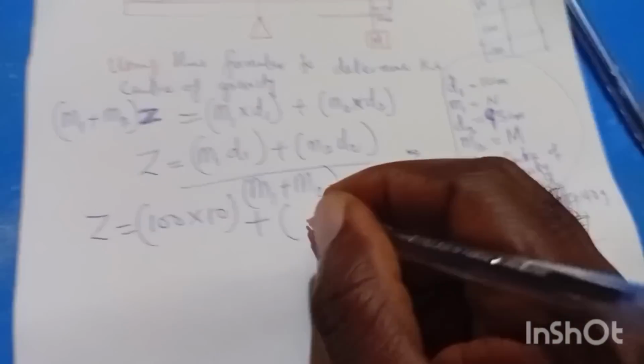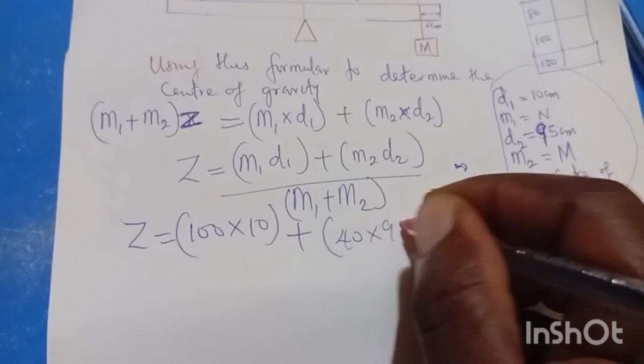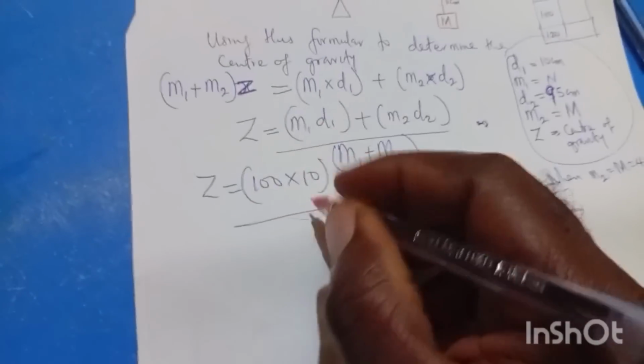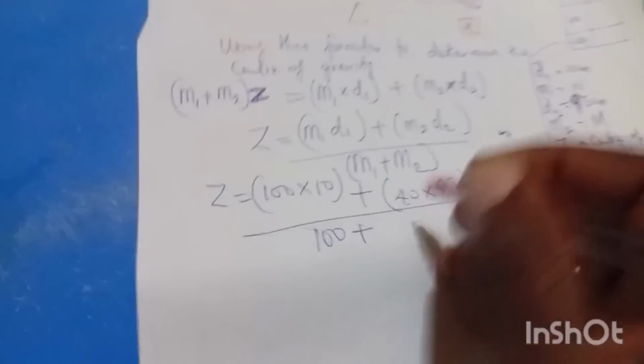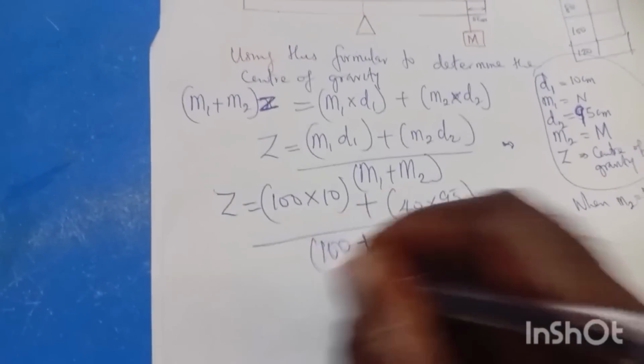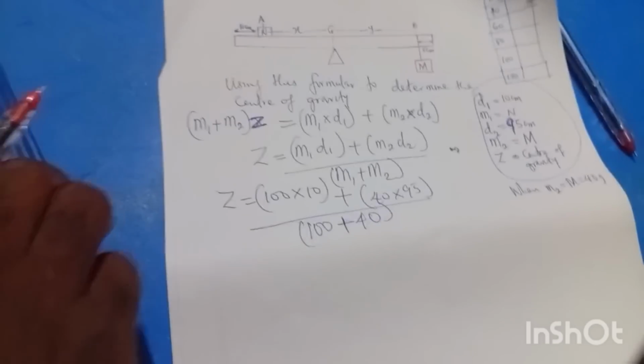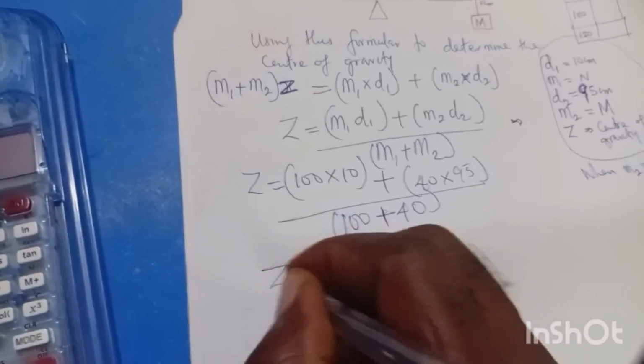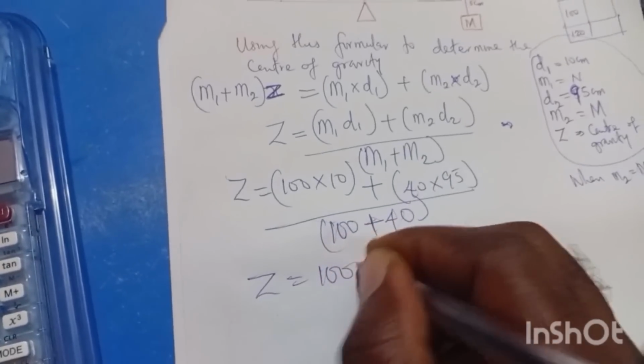Now this 40 times 95, everything over, what is my m1? That is 100 plus 40. Here we go together. Let me bring a calculator to help me. 100 times 10 is 1000. 1000 plus 40